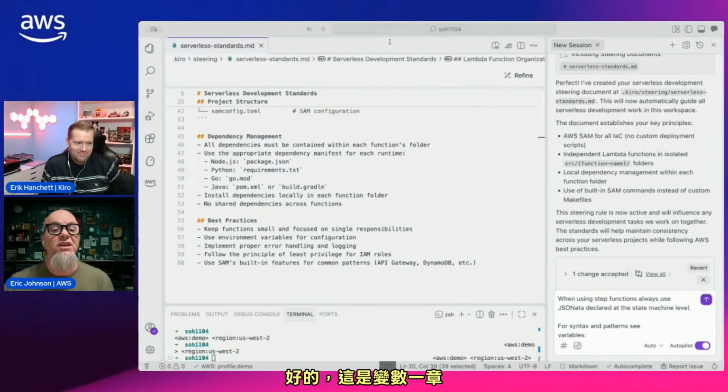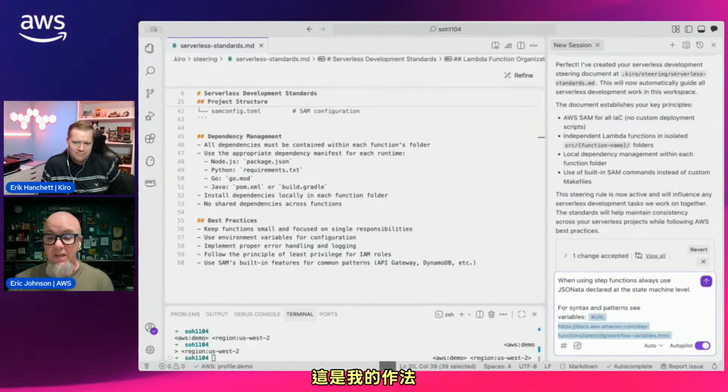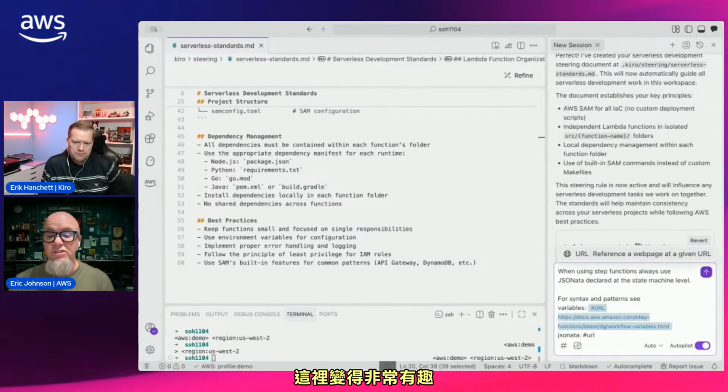All right, so this is the variables one. I'm going to say, grab the information from this URL. And Eric, I'd be okay if you said there's a better way of doing this. This is how I do it. And then for JSONata, I want you to grab information from this one. Okay, great. And so what it's going to do, this is where it gets really interesting, is